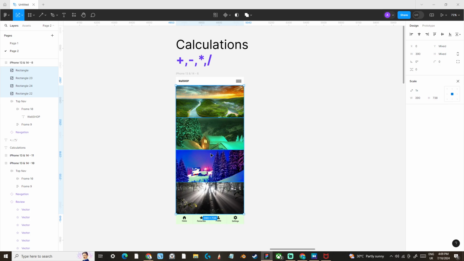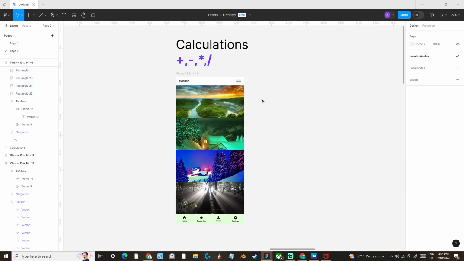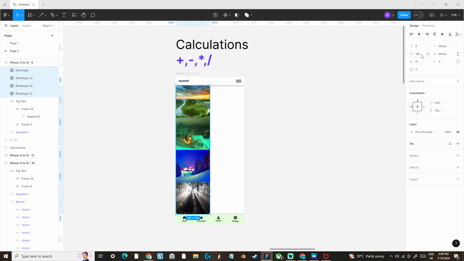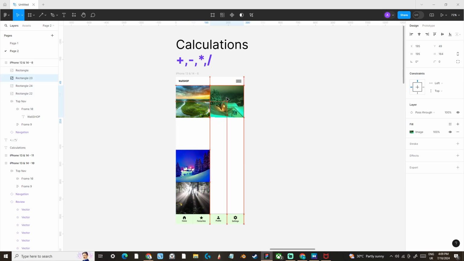Okay, in this case, let's have a look at dimensions of the image. I want my image to be half width of the frame. So I've selected these images which are full width of my frame, and I want to divide it into 4, or let's divide it by 2, and then if I do divide by 2, it's going to be exactly made into the half, and I can take another one and then place it, and then you will see they